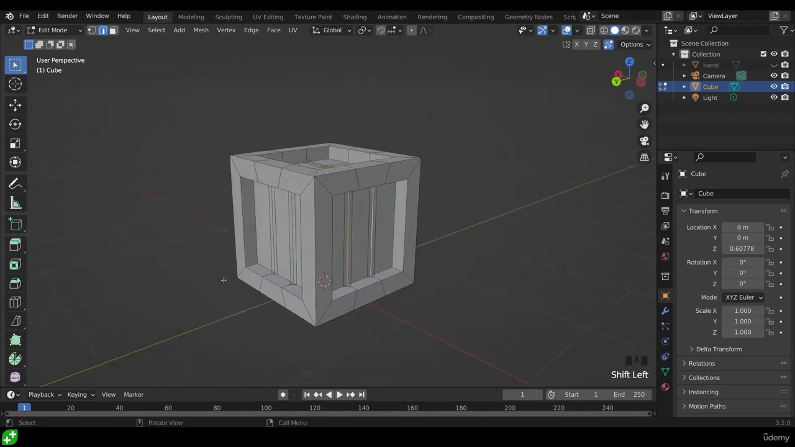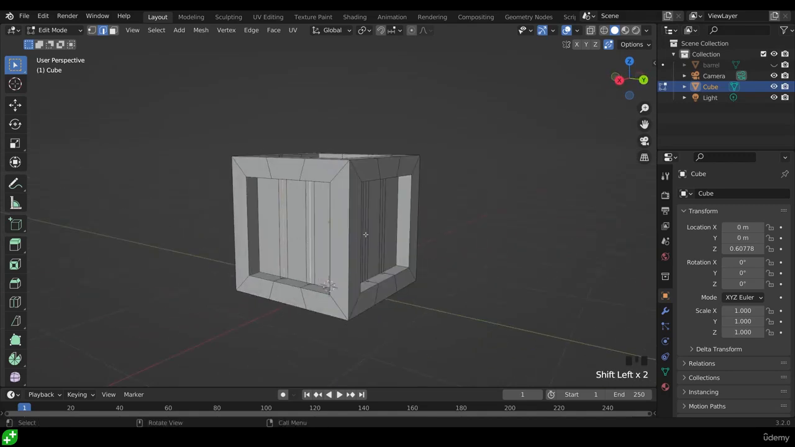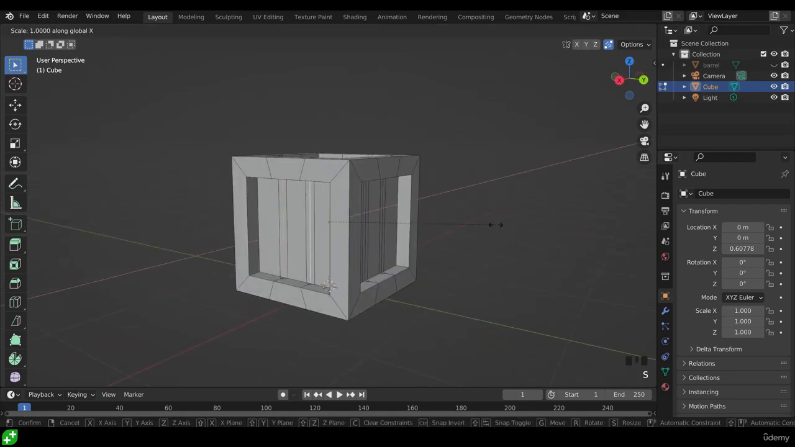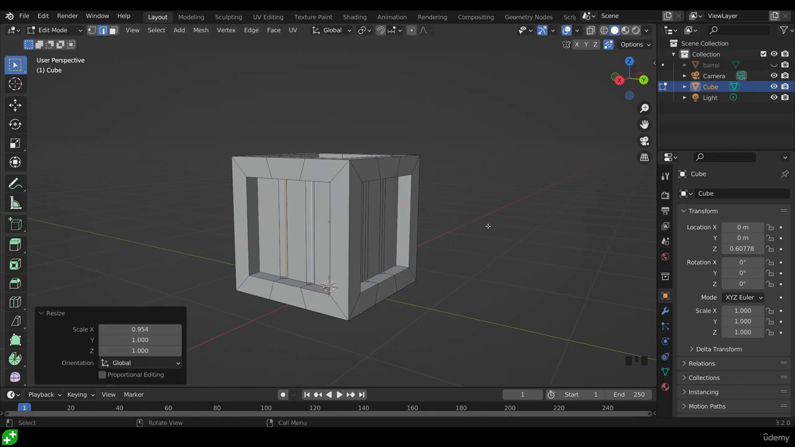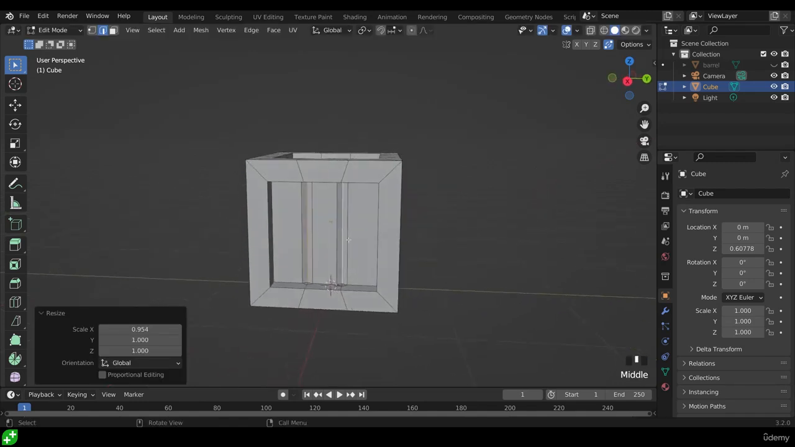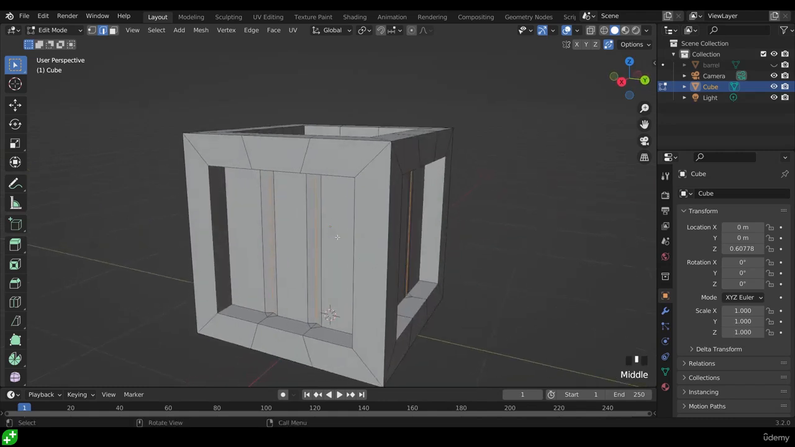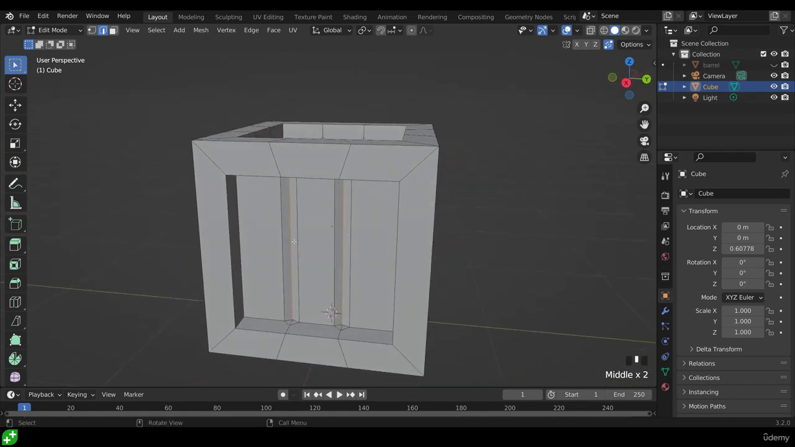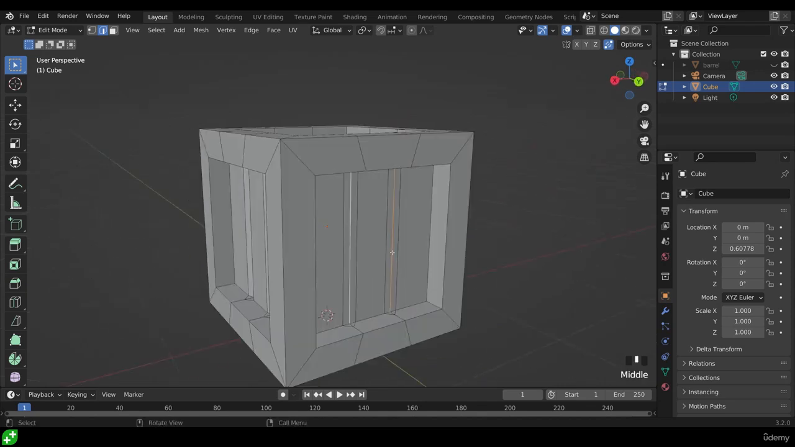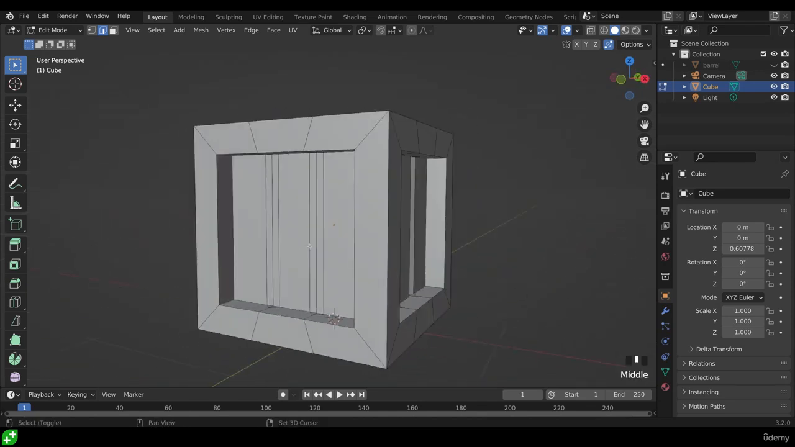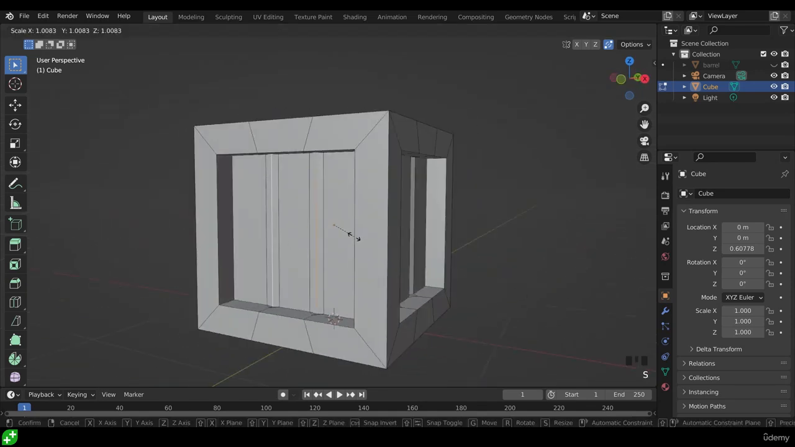Now I can select the edges on either side and press S to scale in the X, and that will pull them into each other. I can only do it on either side because if I select these ones as well, then it will go into the center point and these ones will pull into each other. So it has to be the ones on opposite sides, and then I can press S then Y in this case and bring them in,